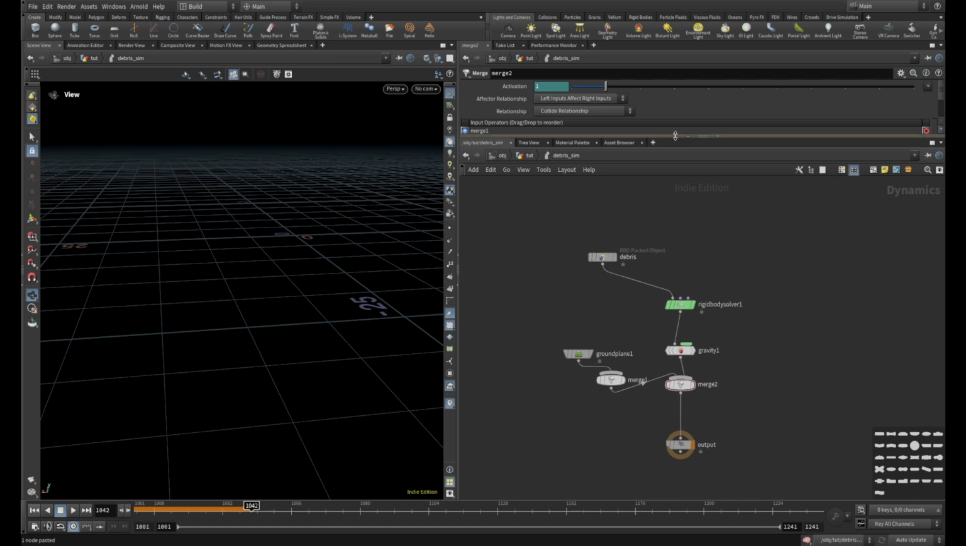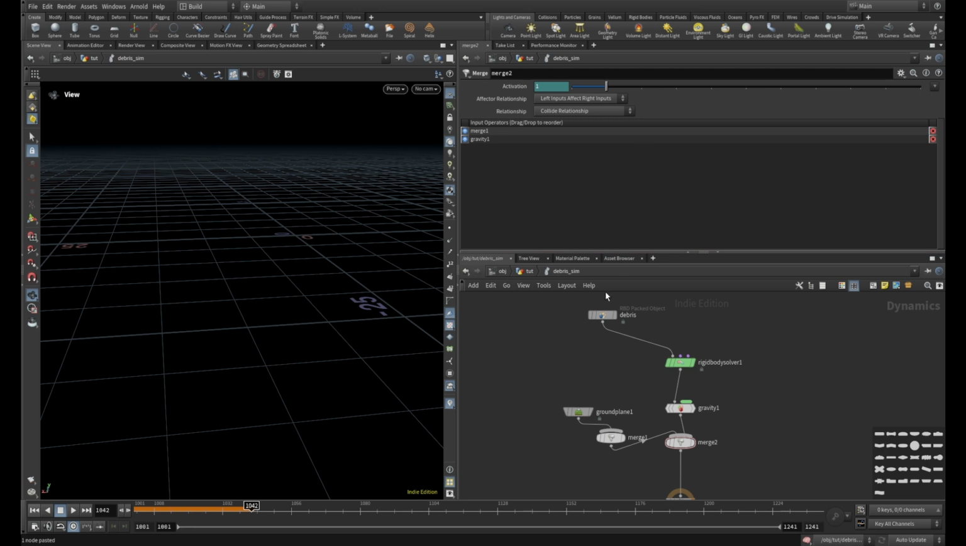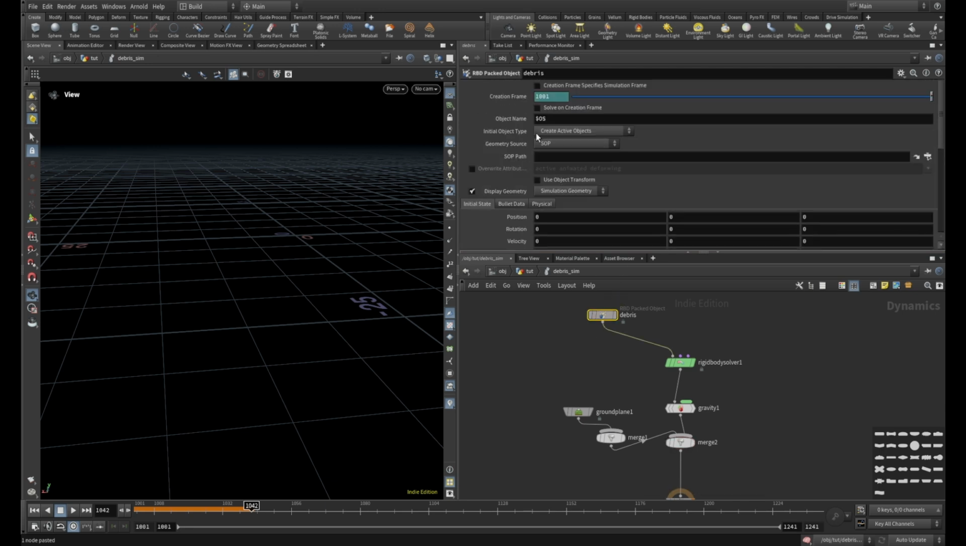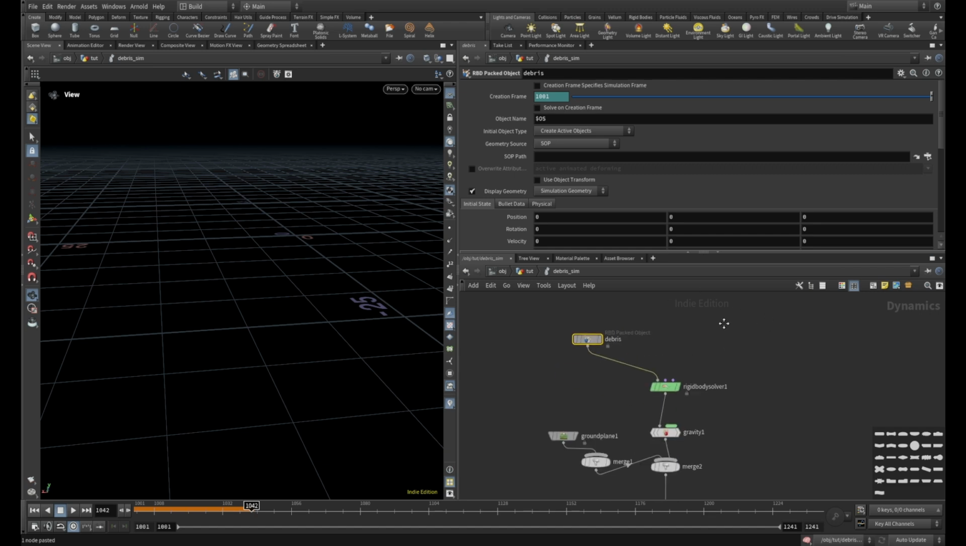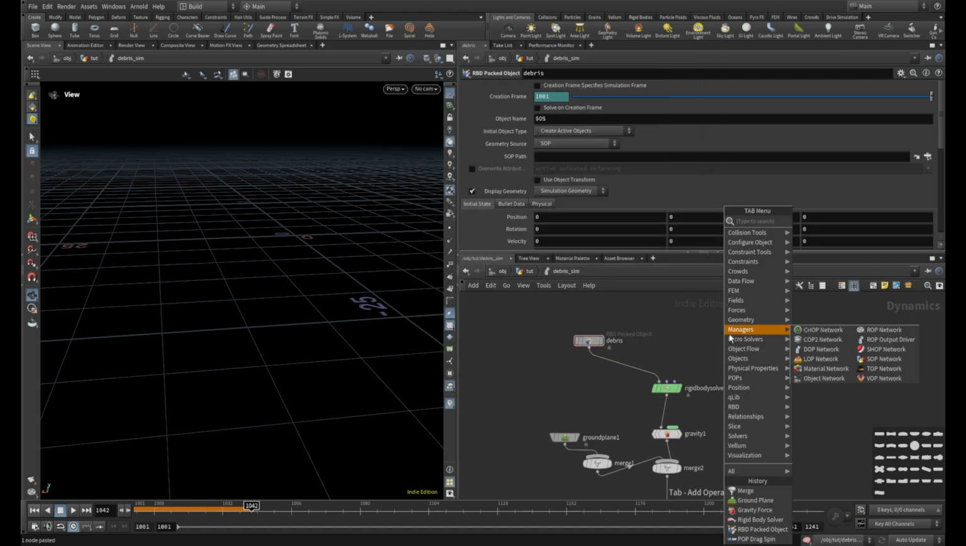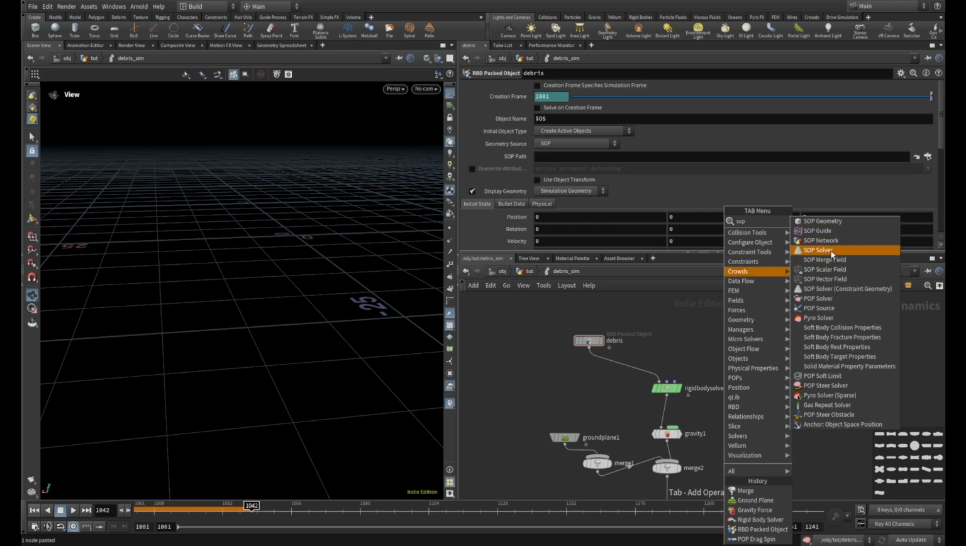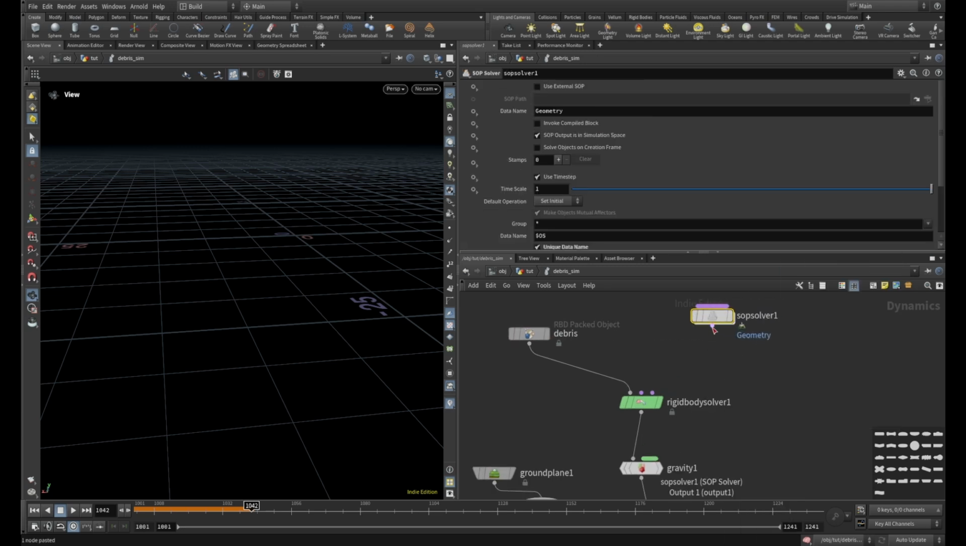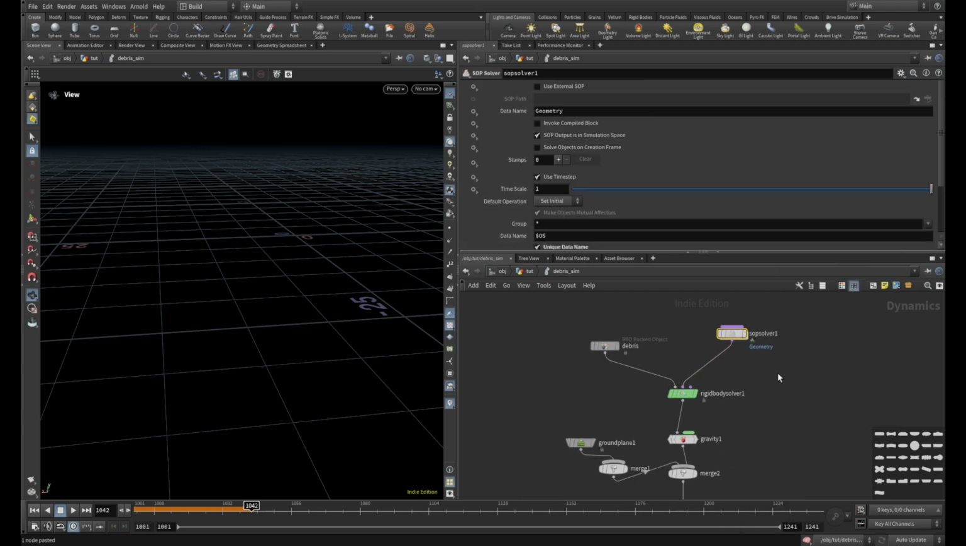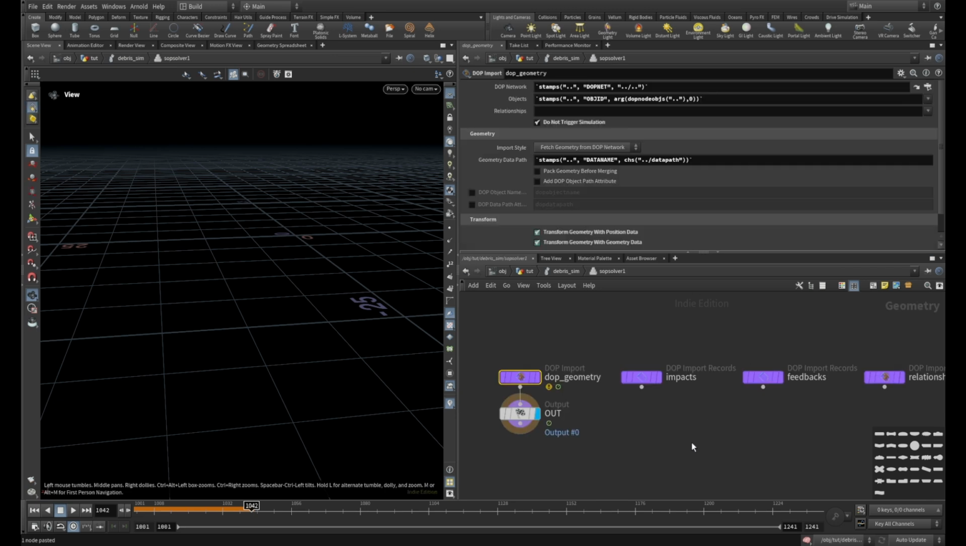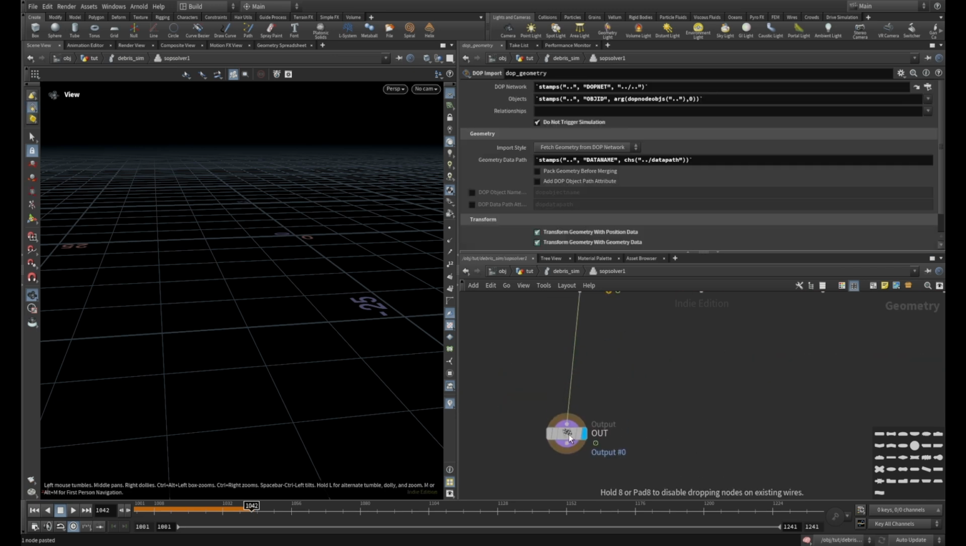In part one, we just set our source here. But as you already know, we like to have RBD emission. For this, we use a SOP solver. I connect the SOP solver to the pre-solve, and I go inside the SOP solver. This will be our RBD